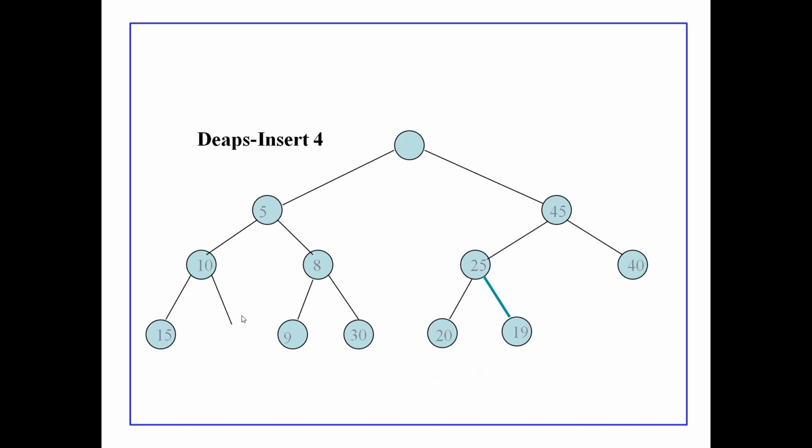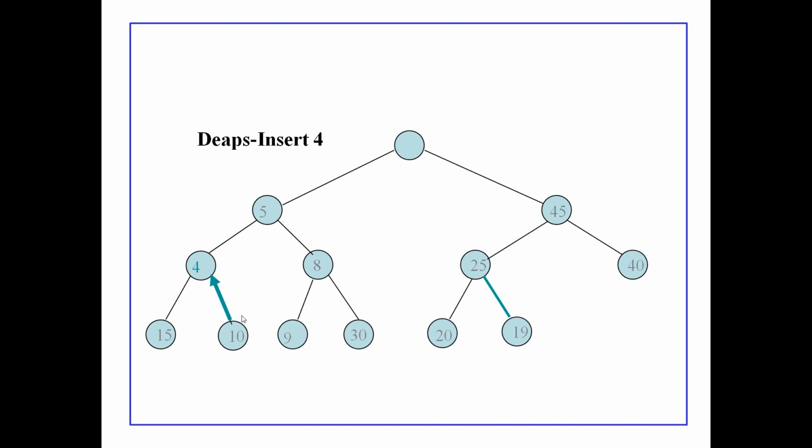19 goes right side and 4 comes left side. Okay, and now we take left subtree, that is minimum heap. The minimum heap property is the minimum of all nodes should be at top of the subtree. It will compare with the parent node. Now 4 will compare with 10. 10 is greater and 4 is smaller. So swapped again. 4 goes up, 10 comes down.